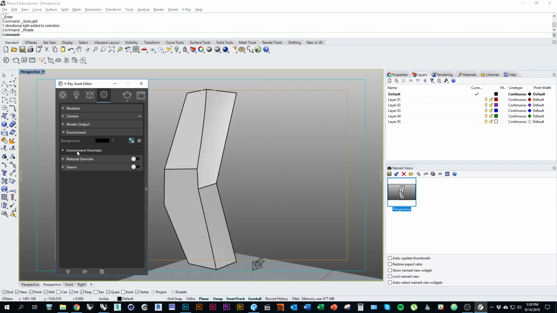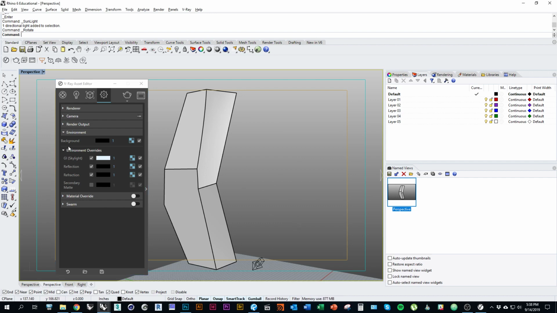I also want to make sure under environment overrides that I have the skylight on, reflection and refraction turned on. So the skylight will be the secondary lighting. And because we're using a sky to reference our sun angle, the atmospheric lighting should kind of match the angle of the sun. I'm just going to drag this little checkerboard to all three. And then reflection and refraction are just going to make it so that our materials reflect the sky rather than